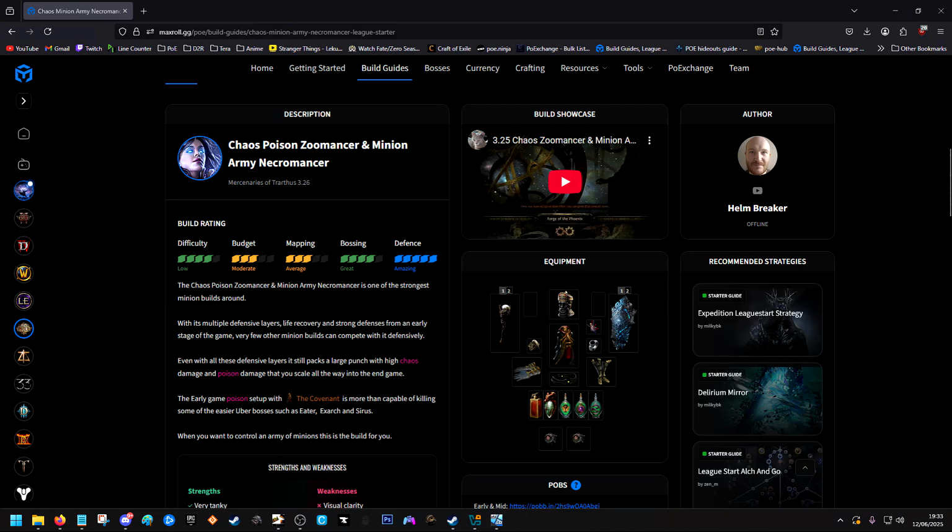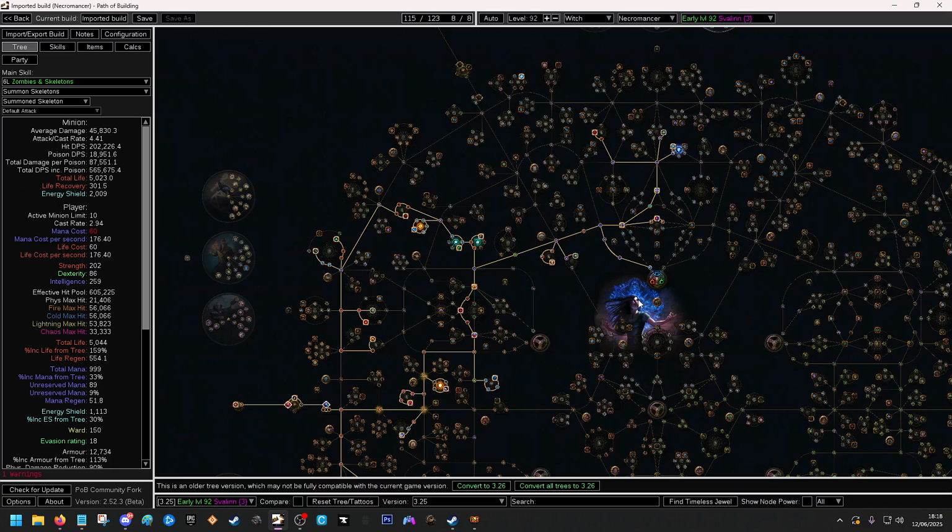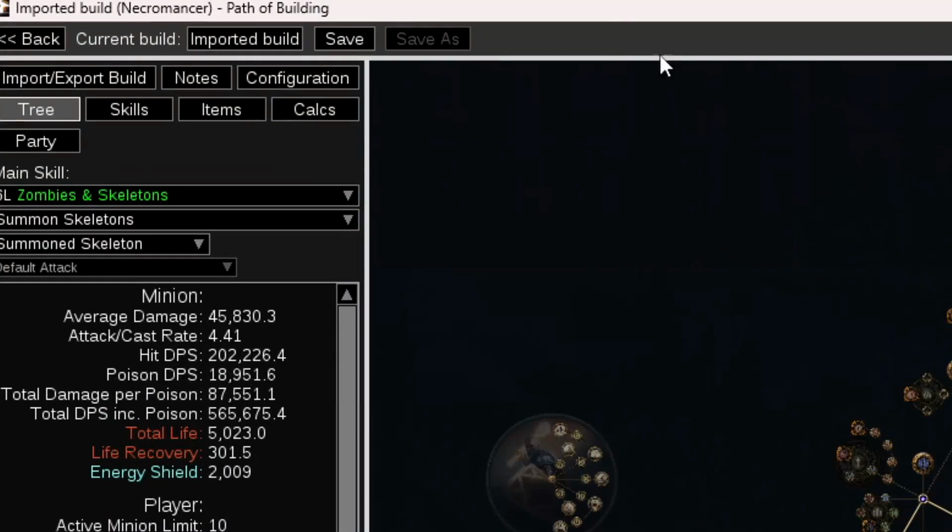On this build guide that we are following, we are specifically choosing a League Starter. A League Starter, in simple Diablo terms, means that said build will go from level 1 to Endgame and even past Endgame. Once you've imported the POB link, in the top left, you're going to press save,